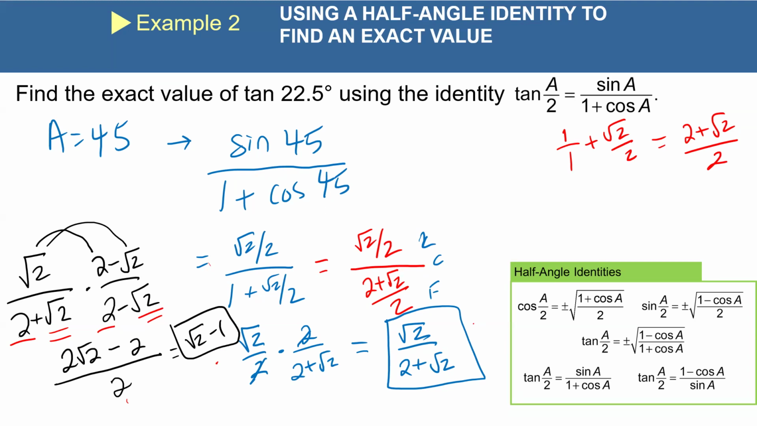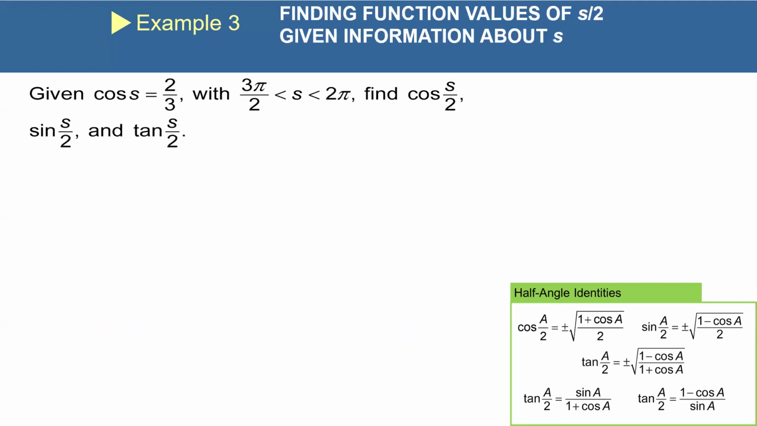Questions, comments, concerns? All right. Example 3, it says given cosine S equals 2/3 with S being between 3 pi over 2 and 2 pi, what quadrant is that? 4. You'd be in the 4th quadrant. So with you being in the 4th quadrant, cosine is positive, which means that tan and sine are going to be